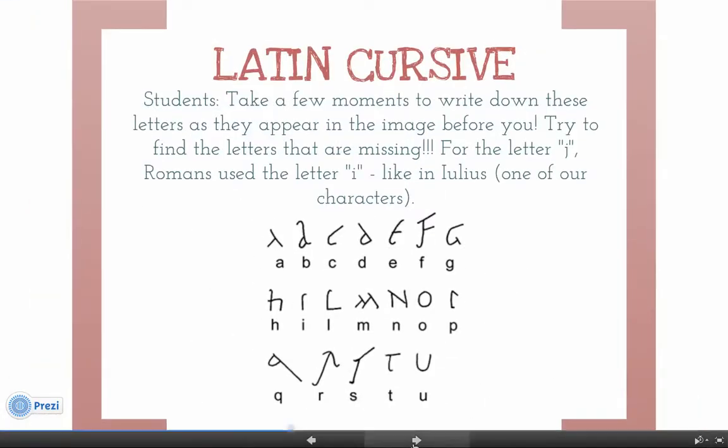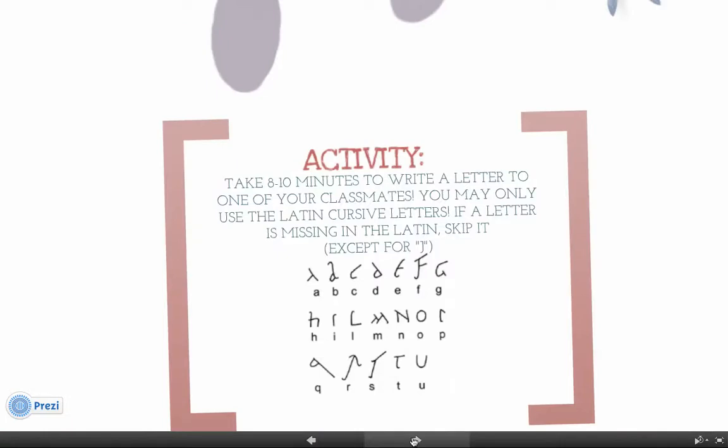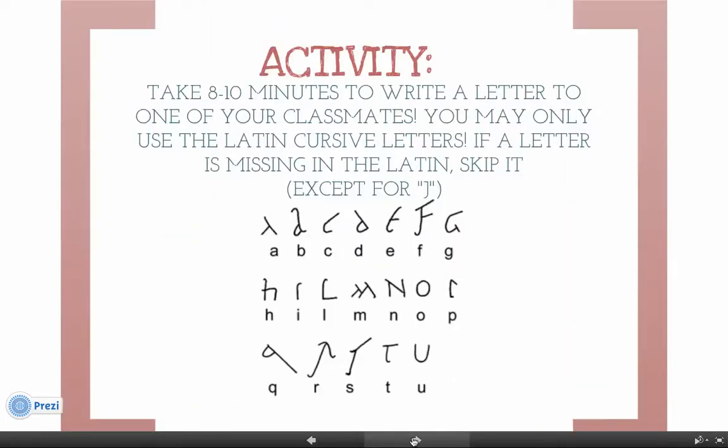Let's move on to our activity for today. And don't worry, I will have this table up here in just a second. I'll have this up for you in the next slide. All right, in this case, what I want you to do is I want you to take 8 to 10 minutes, and this is where you're going to pause here in just a couple of seconds. I want you to take 8 to 10 minutes to write a letter to one of your classmates. You may only use the Latin cursive letters. If a letter is missing in Latin, skip it, except for J. J or K, remember that K is going to be used as a C. J is going to be used as an